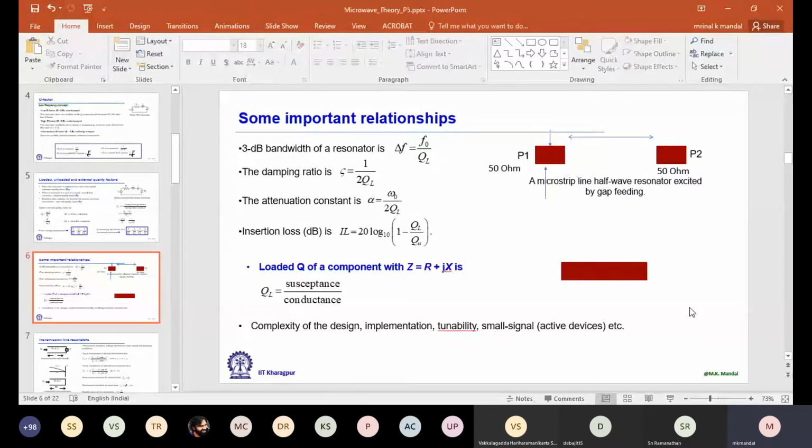Now let us put it in the circuit like this. If I use the simulator again, considering all the losses, then the corresponding S parameter response, the transmission coefficient, basically I am plotting